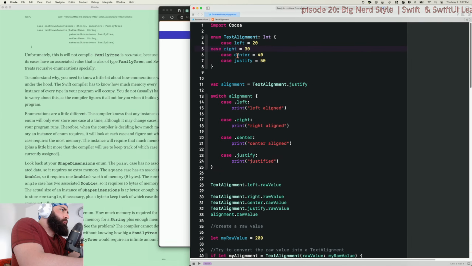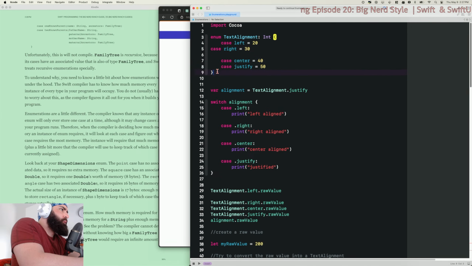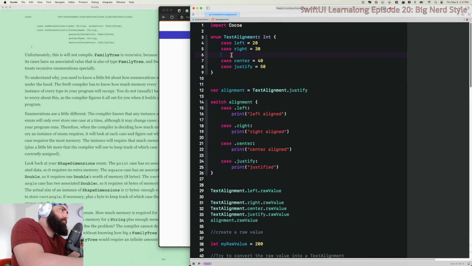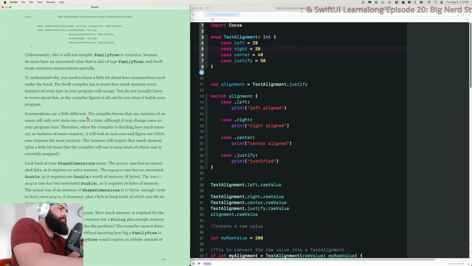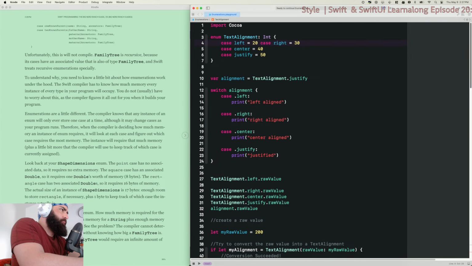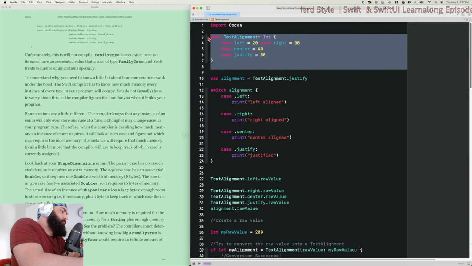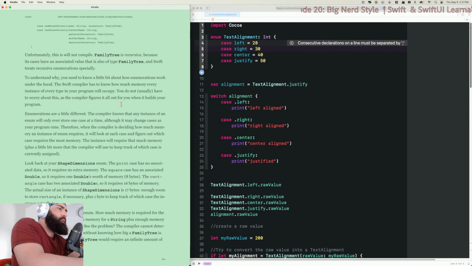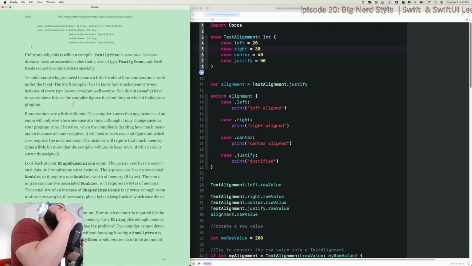So if I do Control I, it just does indentation. Will it fix this? I hope so. It will not. Whatever, alright, fine.